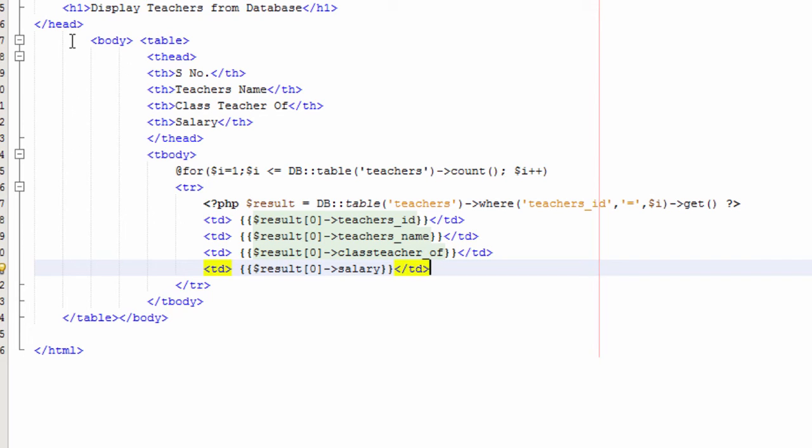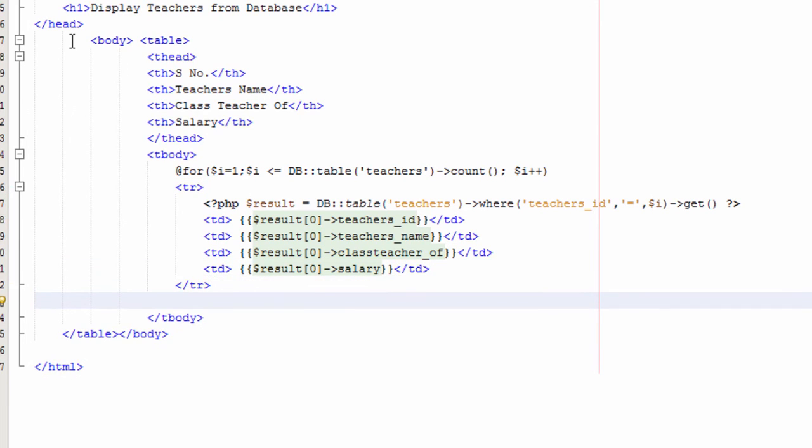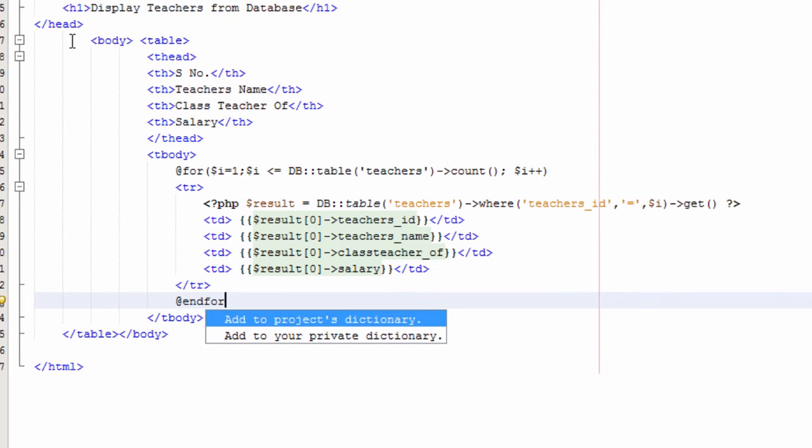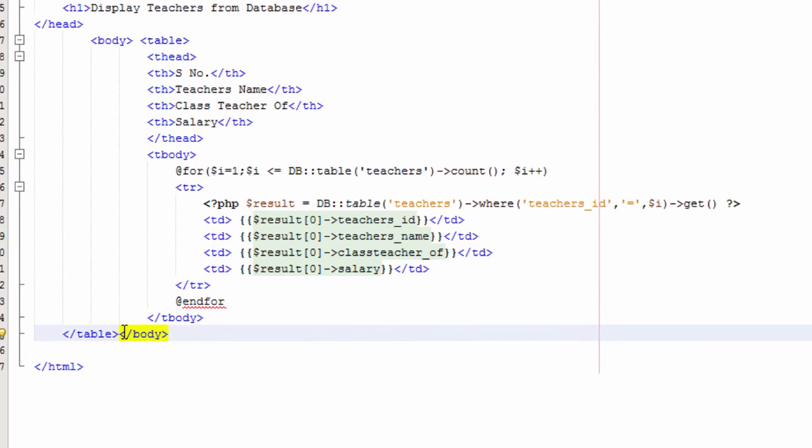So the last line that I have written is TD, two flower brackets open, $result 0 hyphen greater than sign salary, two flower brackets close, and closing TD.